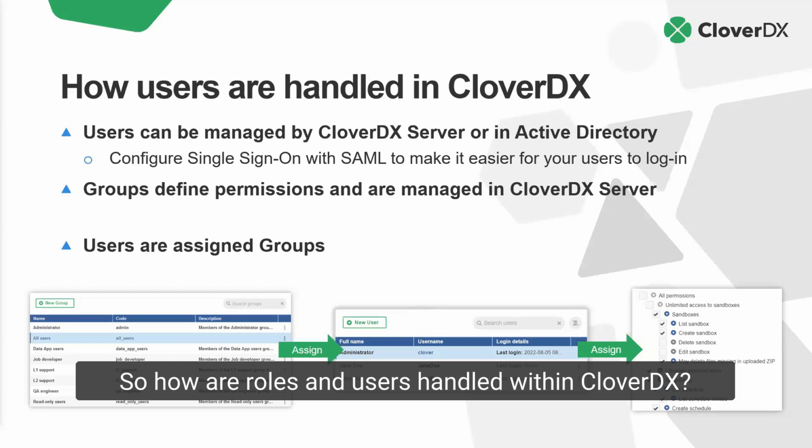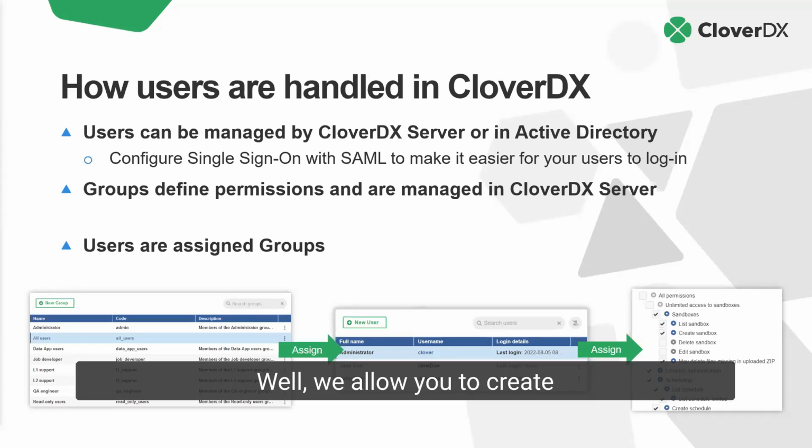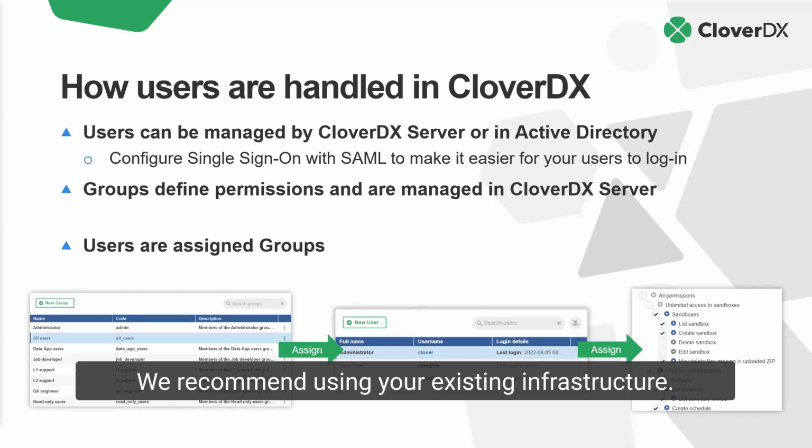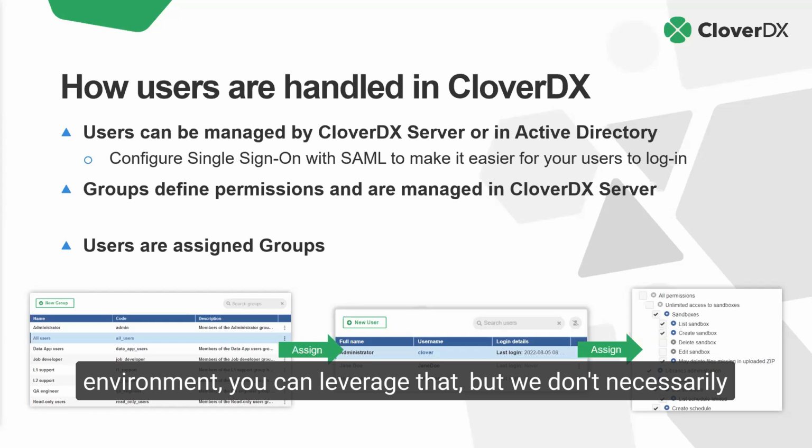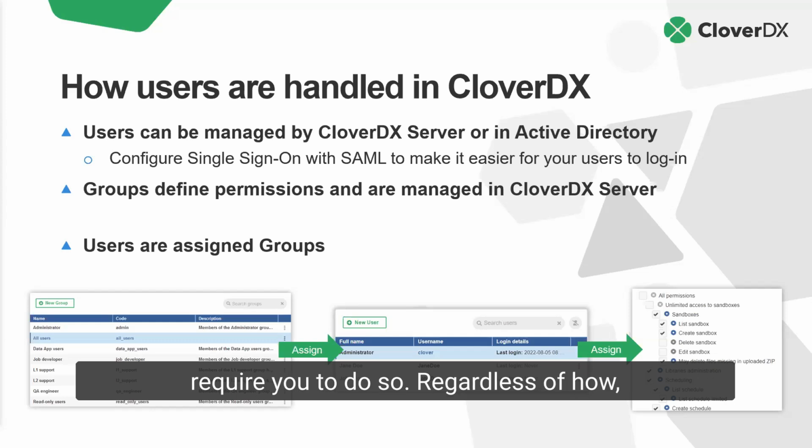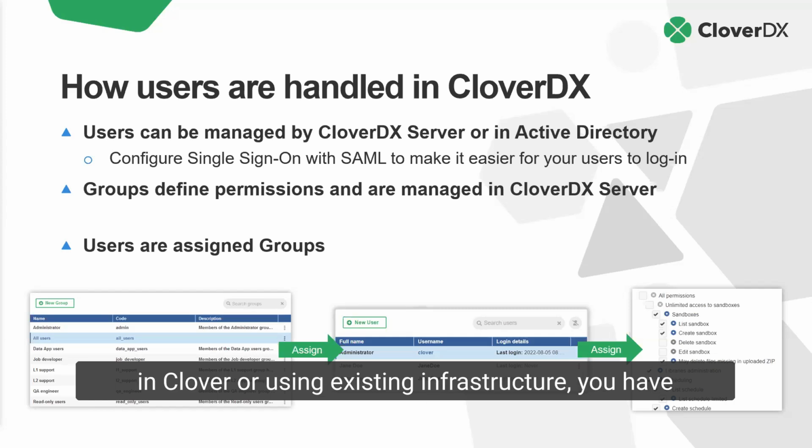So how are roles and users handled within CloverDX? Well, we allow you to create users and roles within the platform. We recommend using your existing infrastructure. So if you do have an Active Directory environment, you can leverage that, but we don't necessarily require you to do so. Regardless of how, if you want to set up groups directly in Clover or using existing infrastructure,